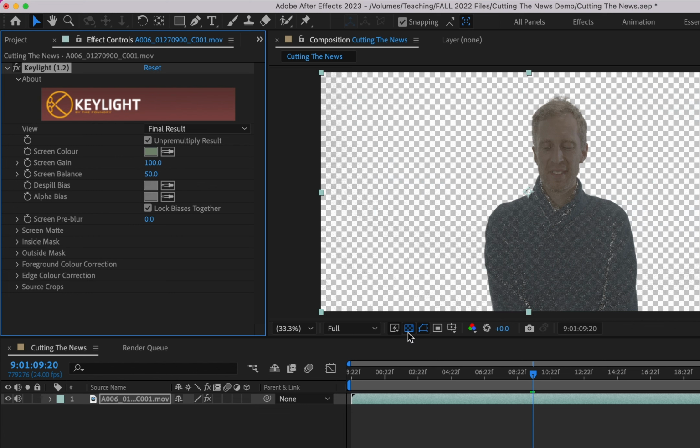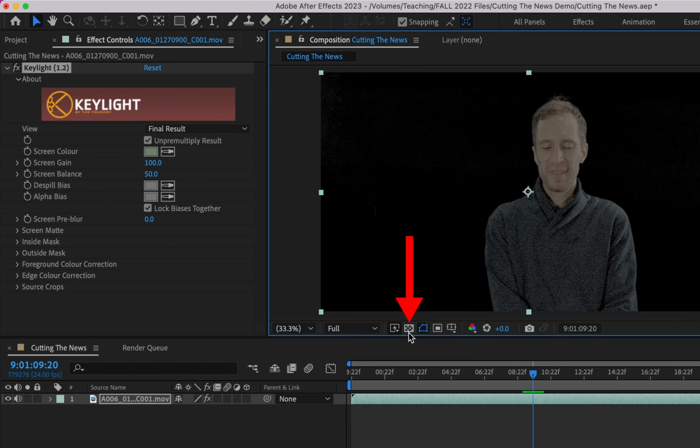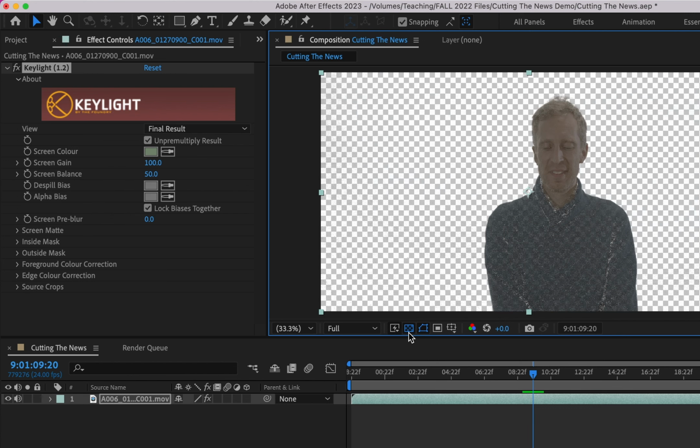The reason black is default for transparent in After Effects is because if you export a standard video with transparency, it will export those areas as black. You can also export an alpha channel video, but that is a discussion for another demonstration. You can toggle between these views, transparent and black, by clicking the transparency checkerboard icon at the bottom of the preview window. I'm going to leave the checkerboard on because it's a great way to see what our screen color